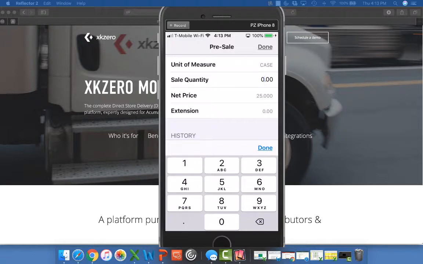But just to let it be known that xkzero Mobile Commerce follows all of your pricing rules, including your promotional rules by customer, by item, that you've got set up on the back end in your ERP system. Okay, so